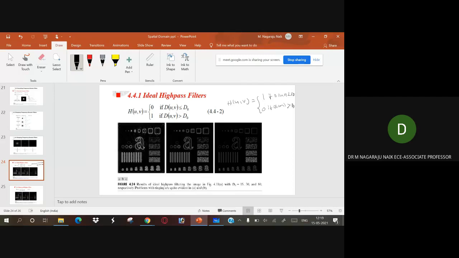The same exactly, you can see here the differences. What we are going to observe in the image smoothing is in the ideal high pass filters. If you have understood the ideal low pass filter, then it is exactly an inverse operation.